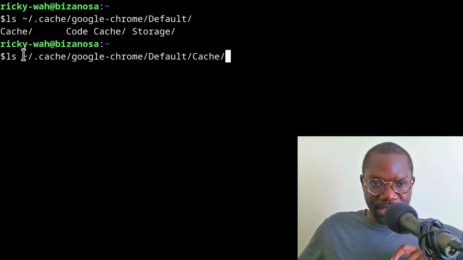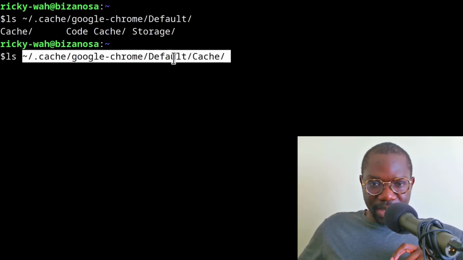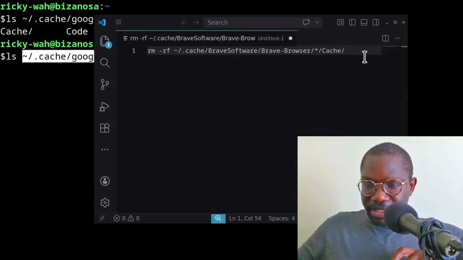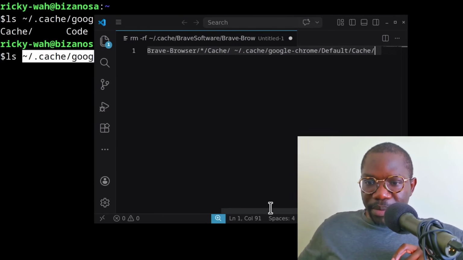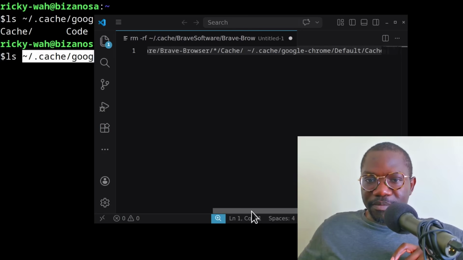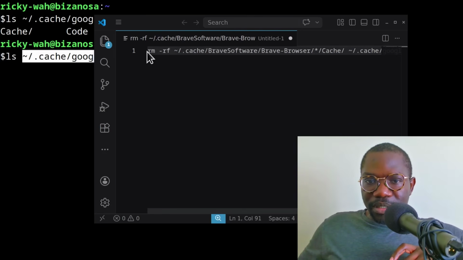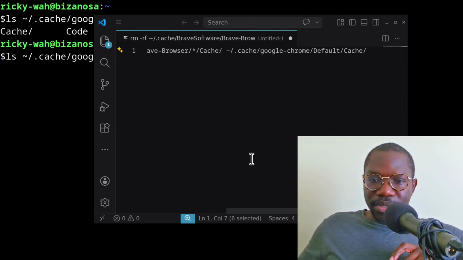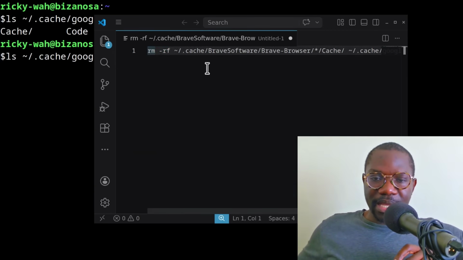So you just do the same thing. You'll just copy that as well. Copy. Let's put it in. Let's put it here. You can just create a space and put it there. So what's going to happen is, if you create a cron job, it's going to remove the cache for Brave and the cache for Google Chrome. So I do know that if I want to set up a cron job for this, I can just do 0,